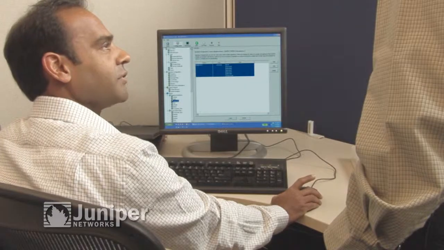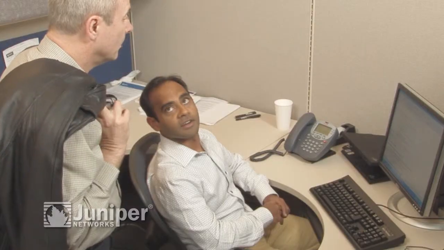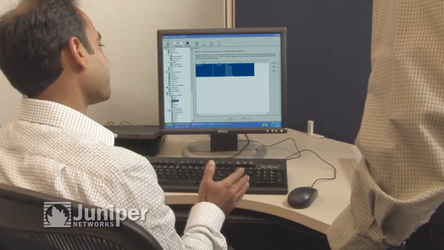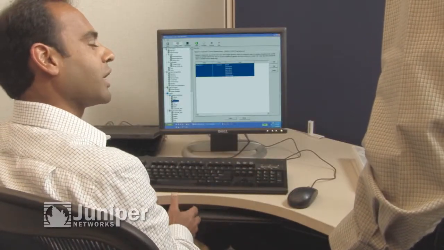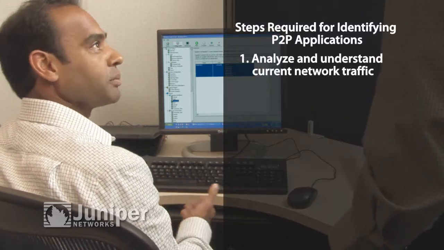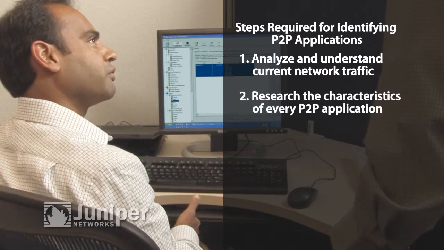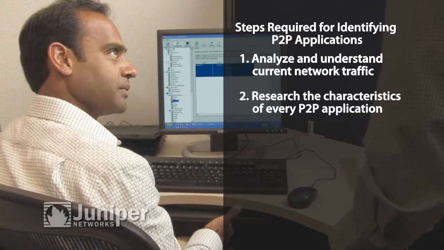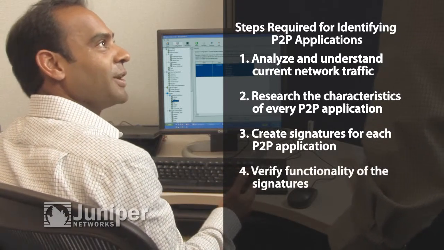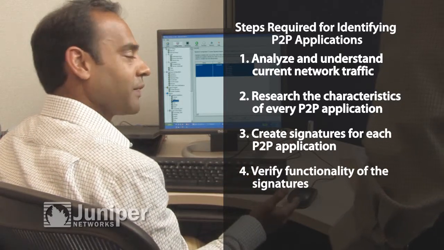What happens if Kazaa decides to use different ports? Those signatures won't work anymore? Exactly. To have any sense of confidence that the policies will work, I have to analyze current network traffic to identify other P2P apps, research and identify the pattern for each and every P2P application, create corresponding signatures, test it, and hope it catches the P2P traffic without many false alarms.